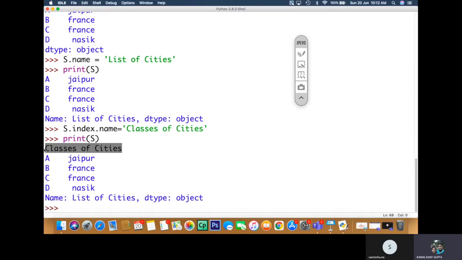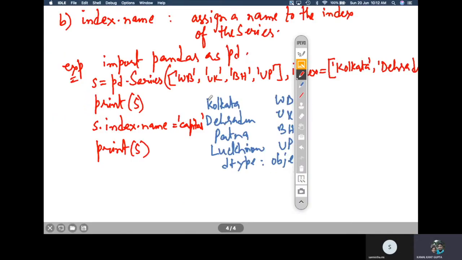So it is better to put a name which is relevant to this particular series. Whatever relevancy is there, you should give that relevant name to its index, so that will appear on the heading, right? So that is very, very important. I hope this is understood. Nothing huge about it. Now let us go for the next attribute.